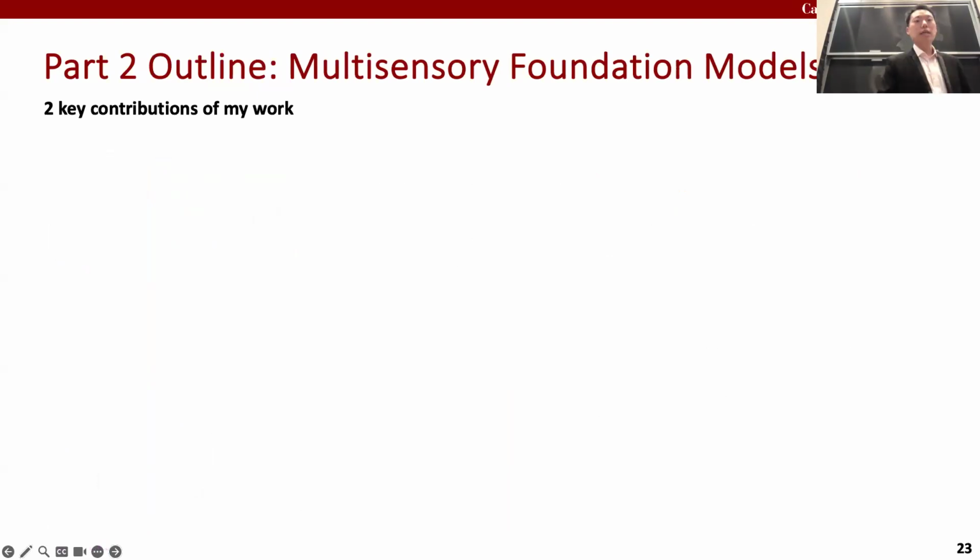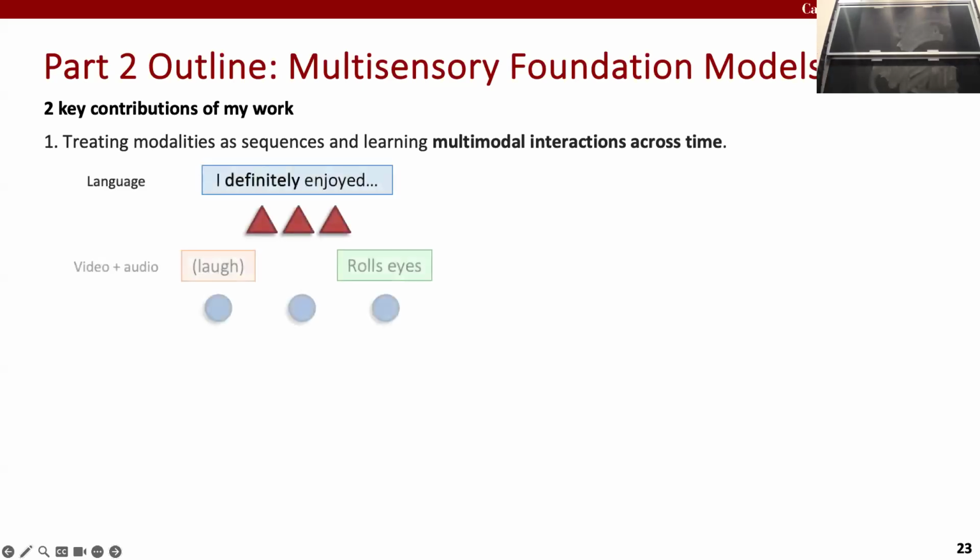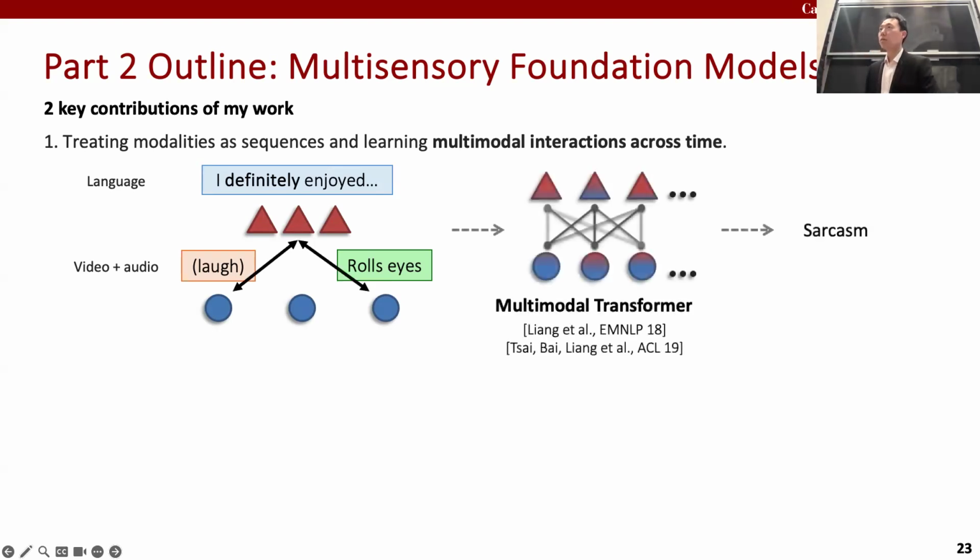Our first contribution is the fact that many of these real-world modalities have a temporal nature. So you don't just have X1, X2, your two modalities, but you have X1 across time and you have X2 across time. Think of saying many words across time while showing many non-verbal expressions across time. Which makes the problem that we talked about in the first part of the talk more challenging, right? Because now we have to learn these multimodal interactions, even though they might not be exactly paired up at the same point in time. So we're going to discuss some of our early work in building multimodal transformer architectures.